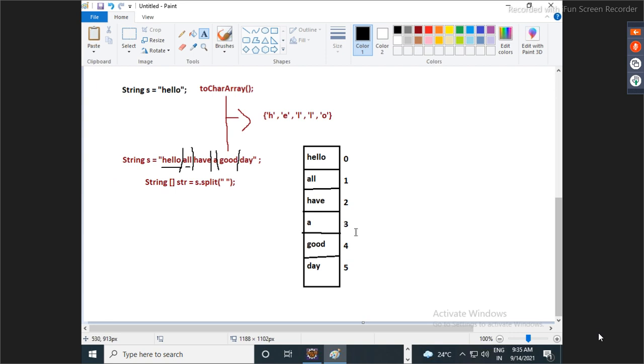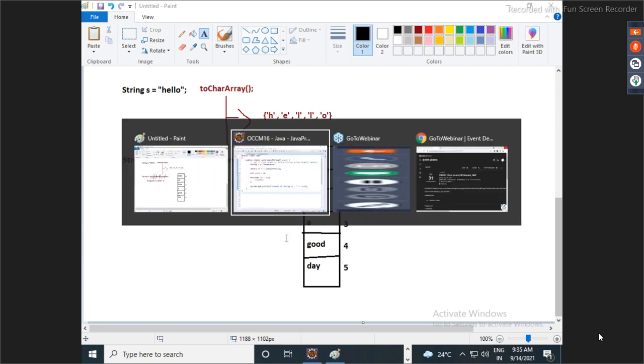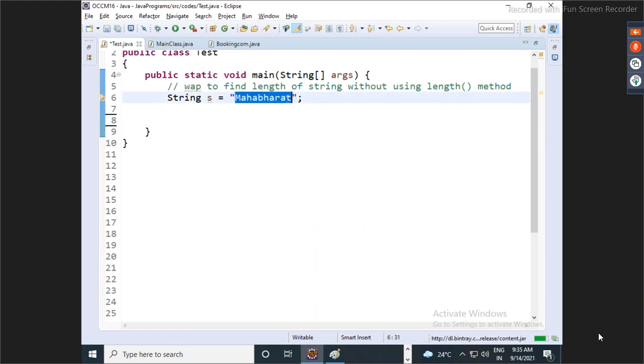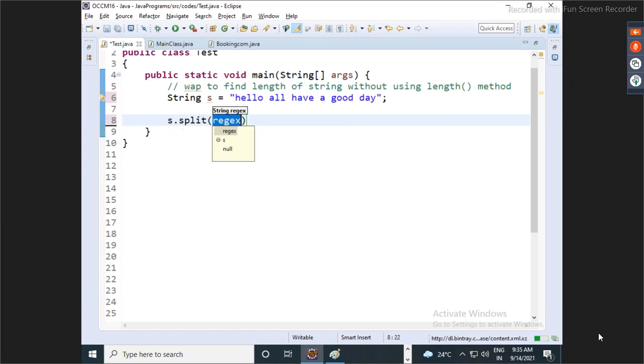Okay. So let's see whether it is working the same or not. So remove this. What is our string? Hello all have a good day. Now guys, here s dot split by space returns you what?